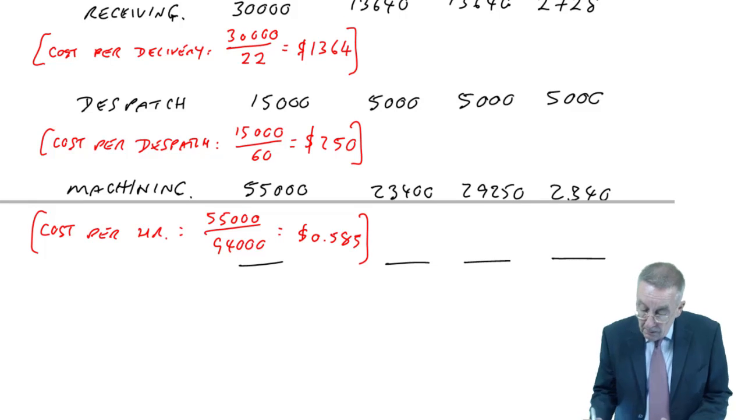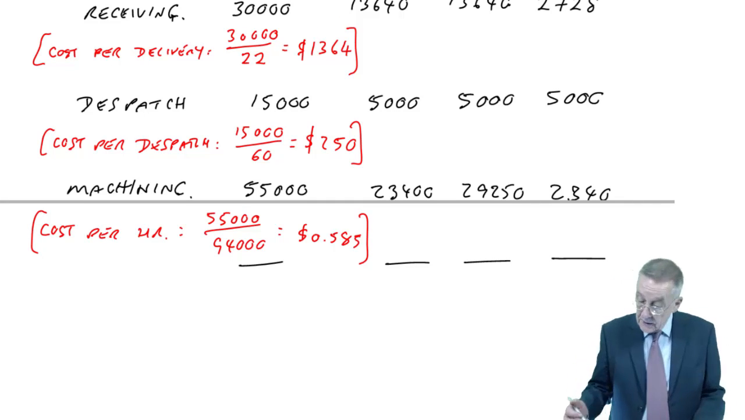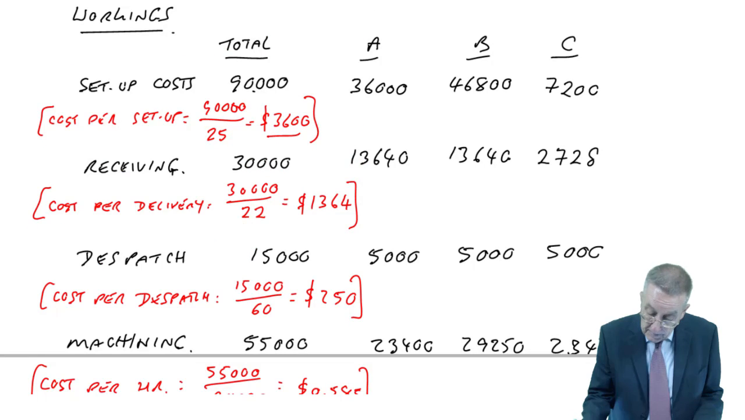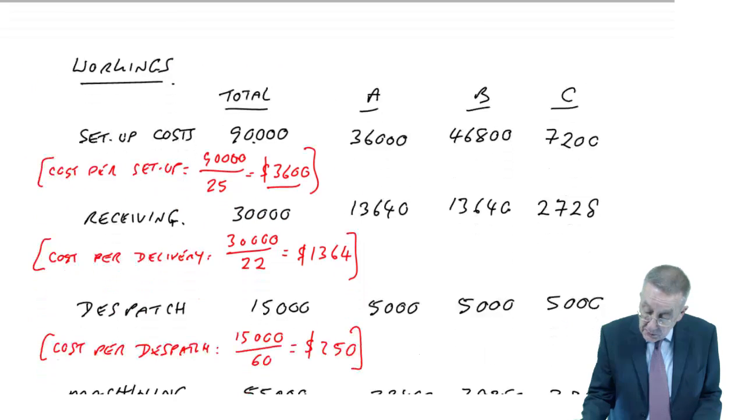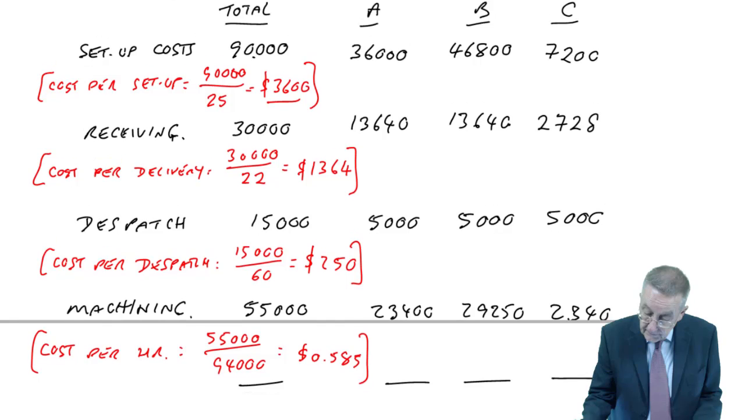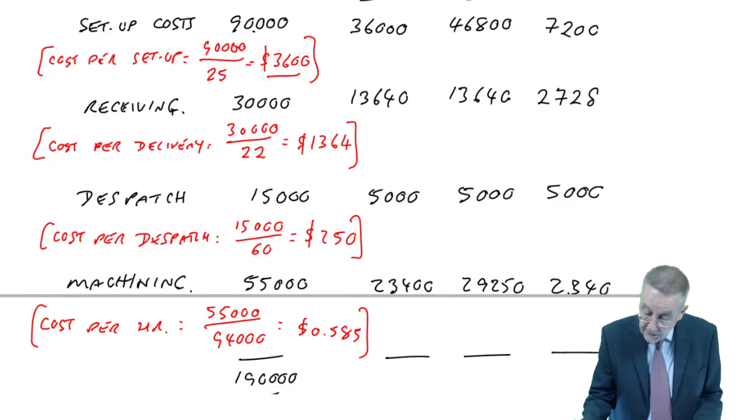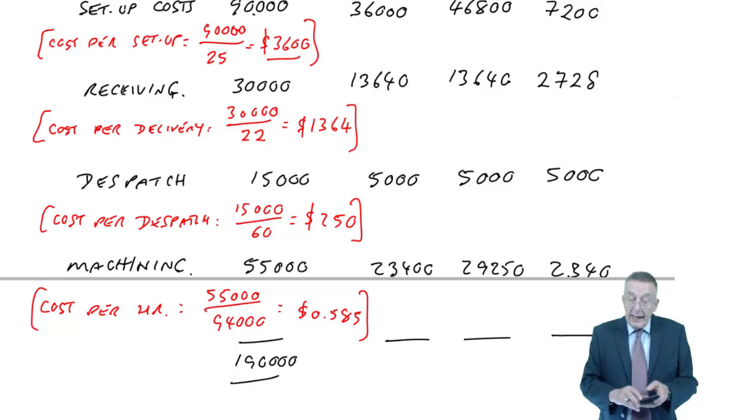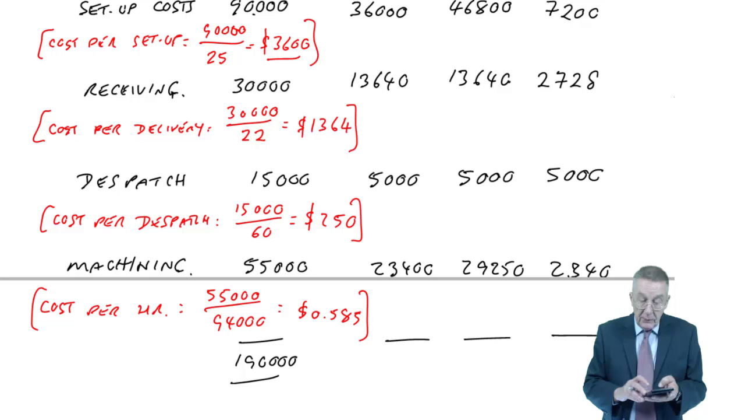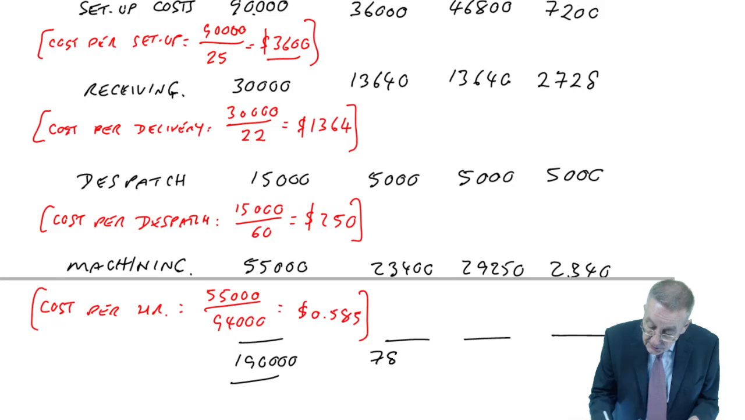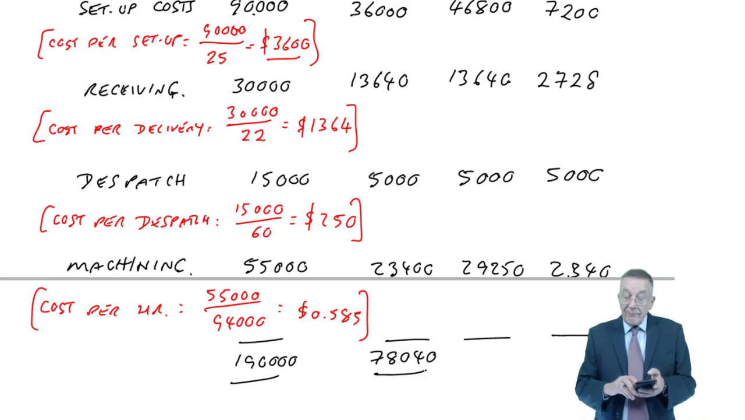If I add these up, the total overheads, of course, 90, 30, 15, 55. The total 190,000, as we knew. But we now have split it between the products. Sorry, just so I can see them all. So for A, the total is 36,000 plus 13,640 plus 5,000 plus 23,400, 78,040. For B,